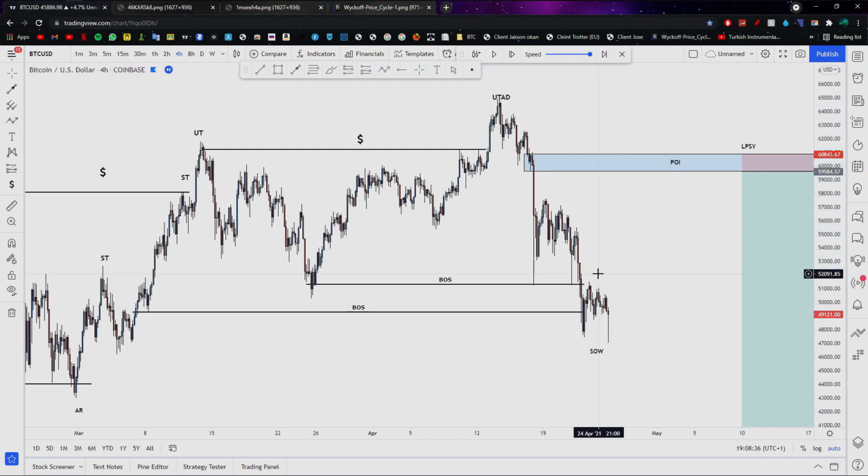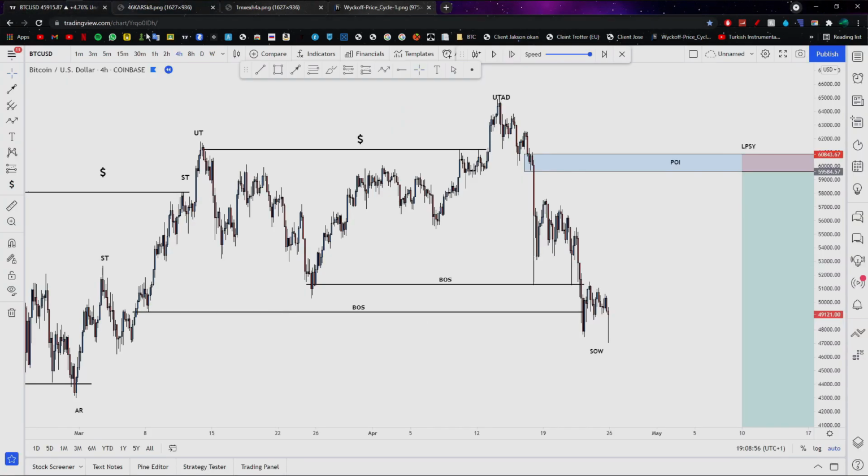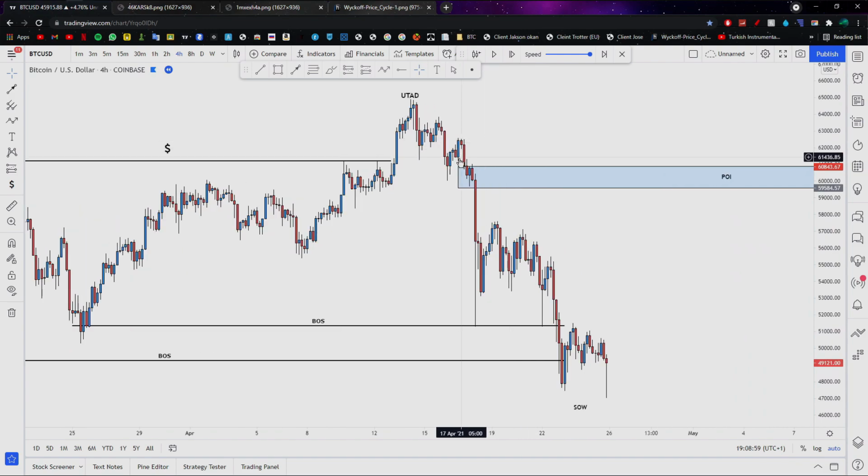Now what we're going to do is look for some zones to enter from. And you can see if I go back to my screenshot that I had taken on May the 8th, I had been looking at 3 zones in particular. Out of these three zones, I was most interested in this zone. If I break that down now on the chart, you can see this zone is the one I was most interested in, because it had the most bearish momentum out of any of these, and that's important because it validates the supply zone more.